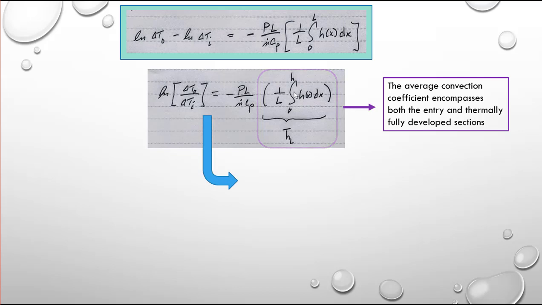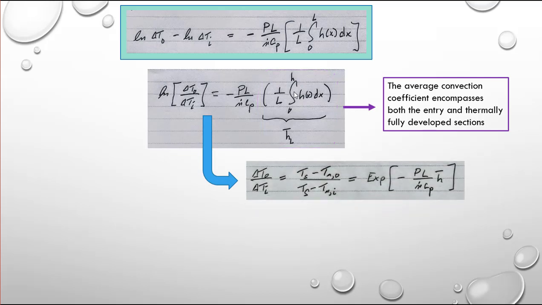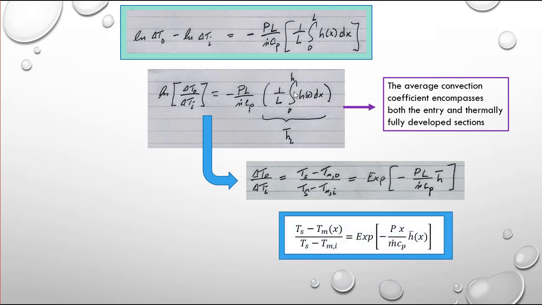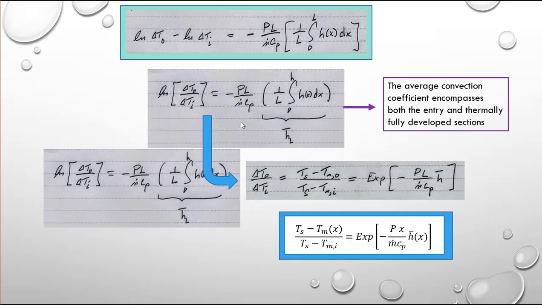Recognizing that we are still looking for an expression for the mean temperature as a function of x, we can then apply the exponential to both sides of the equation. And we can then adjust the limits of integration from 0 up to an arbitrary point x. And then this will give us the expression that we're looking for. But in this case, the left-hand side is still written in terms of a non-dimensional temperature. We will return to this expression in a few minutes, but first we would like to take a look at